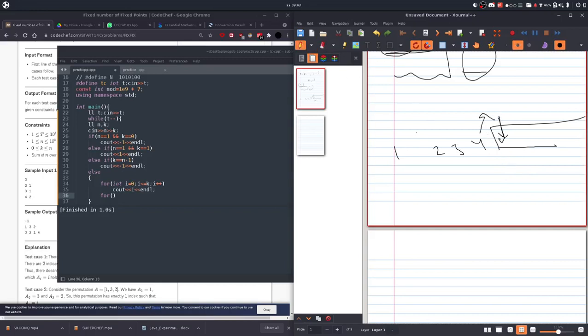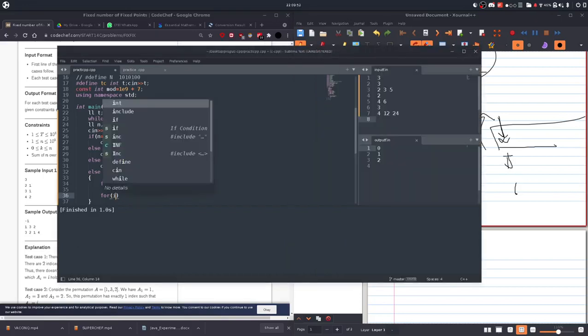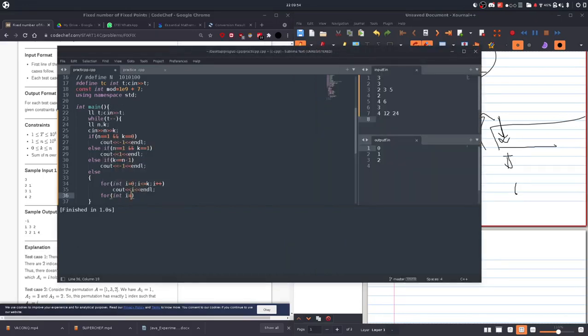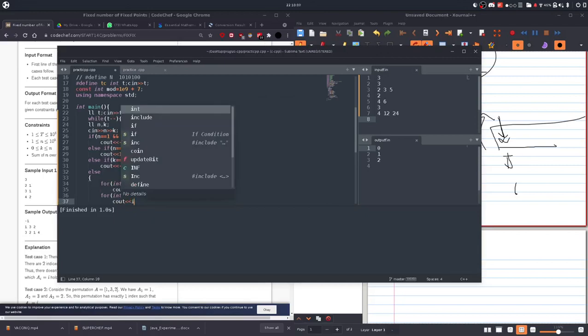So let's say if i starts as k plus 1, so if the answer should have been 5 here, but we're gonna change it to 6, so no places will be equal to its own number. So we're gonna do int i equals k plus 1, and we're gonna go till n again, and we're gonna do i plus plus, and then we're gonna cout i plus 1.